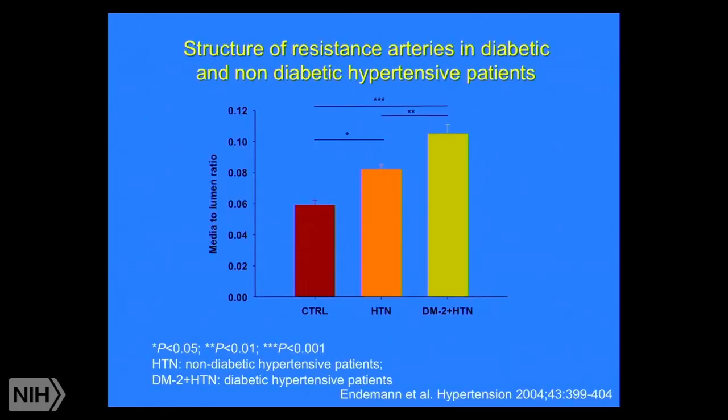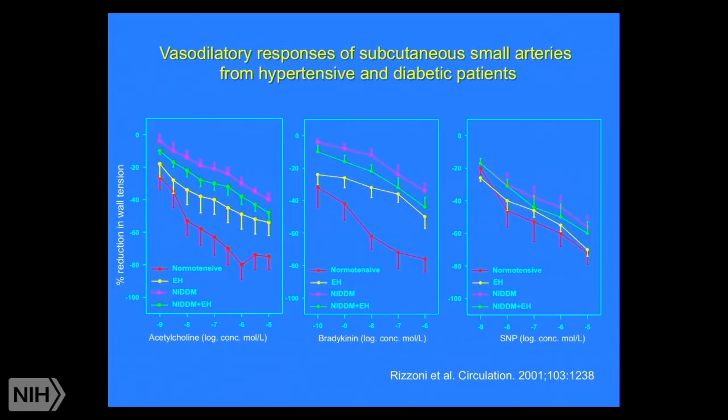And even though they have elevated blood pressure, the remodeling found in diabetic hypertensive individuals is much greater at much lower blood pressures, underlining the severity of vascular injury in diabetic subjects already present at the small artery level, which is associated with the severely increased vascular risk of these subjects. What about endothelial function in